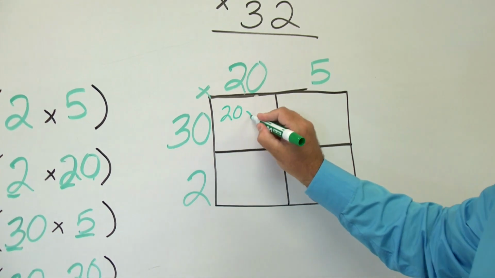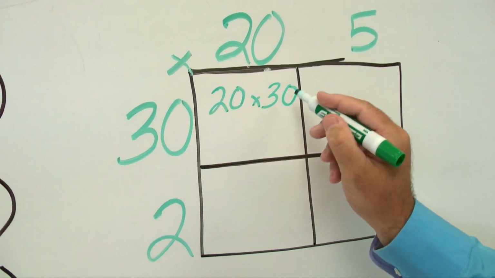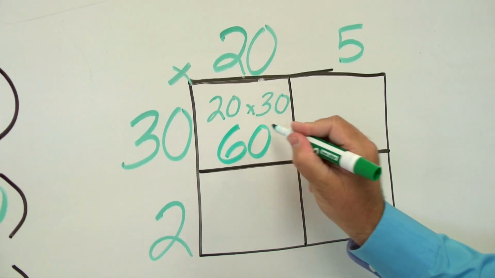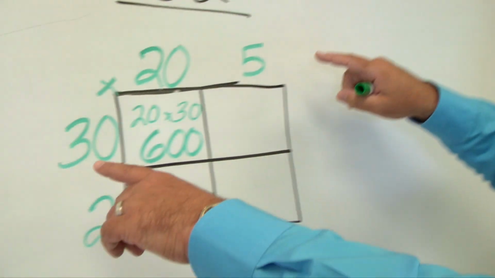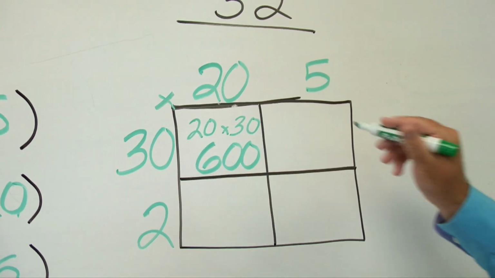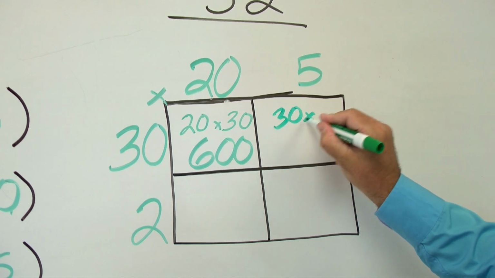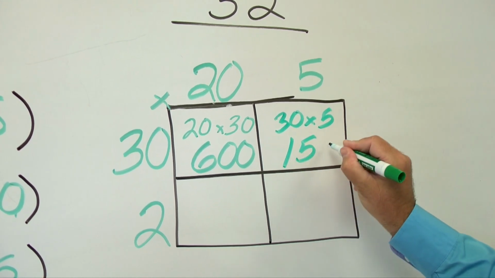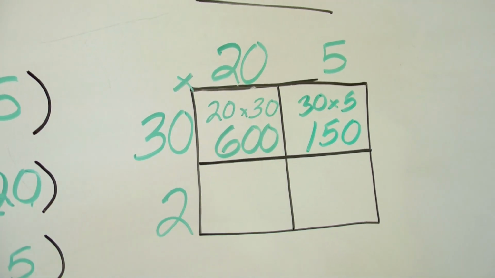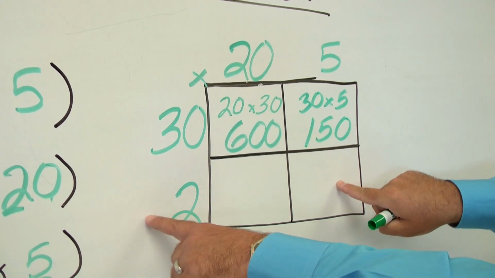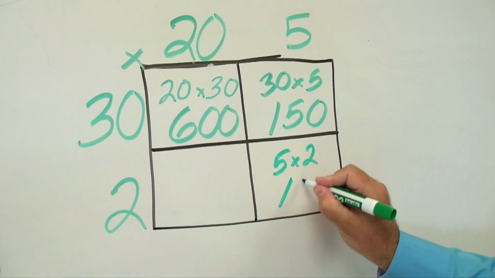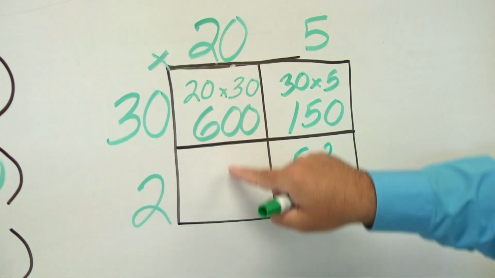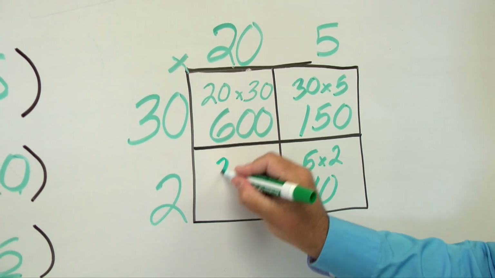I like to write the numbers in here so I know exactly what I'm doing. 20 times 30 equals 600. You can go to any box you want. There's no rhyme or reason to which box you do first, second, third, or fourth. So I'm going to do 5 times 30, 30 times 5, and I'm going to get a product of 150. Then I'll go down here. 5 times 2, 5 times 2 equals 10. And lastly, 20 times 2